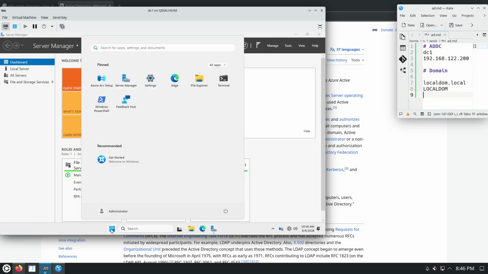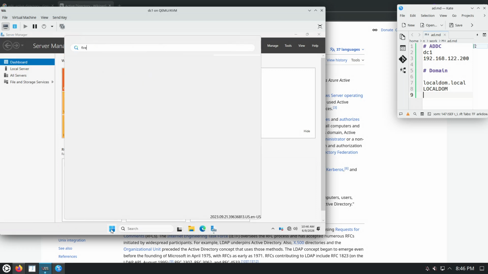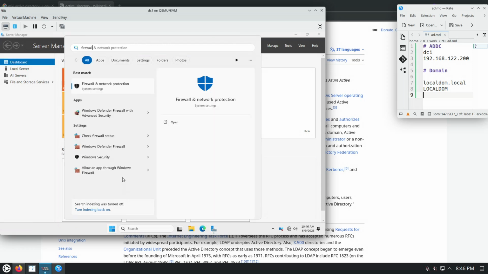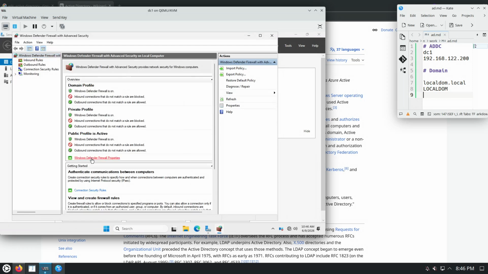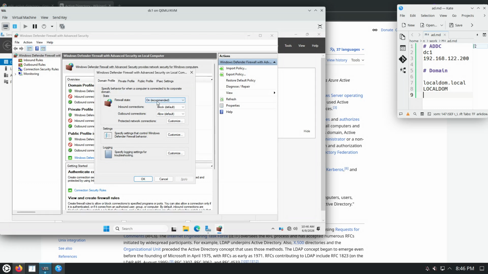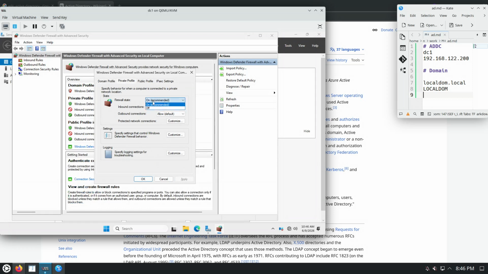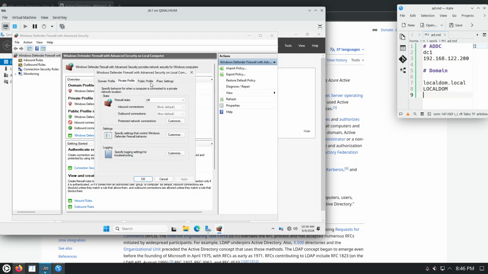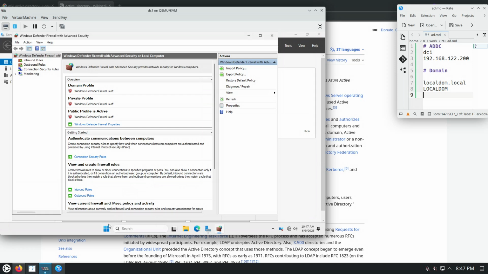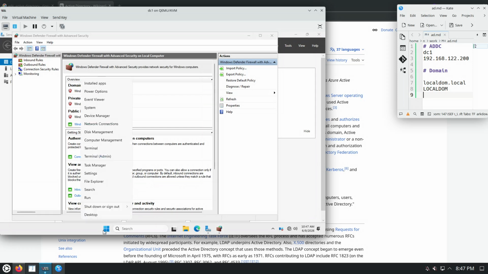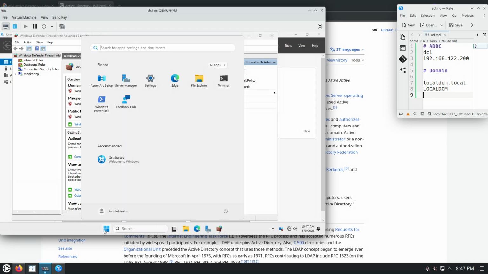First of all, I'm going to just disable any firewall. That's Windows Defender Firewall with Advanced Security. Disable everything. Windows Defender Firewall Properties, Domain Profile, Firewall State Off, Apply. Private Profile, Firewall State Off, Apply. Public Profile, Firewall State Off, Apply. People are not allowed to actually connect to this computer, so there's, in my case, no need for a firewall